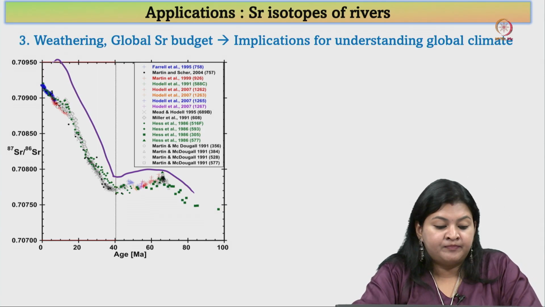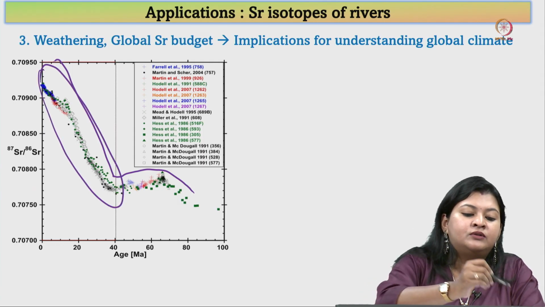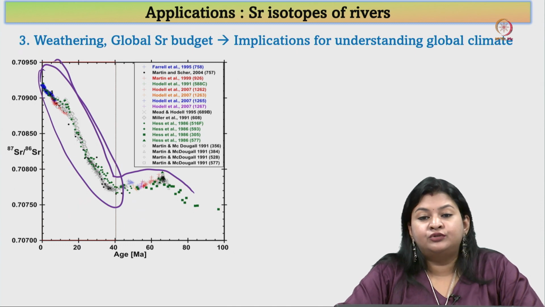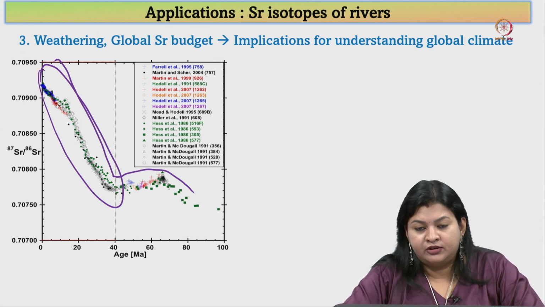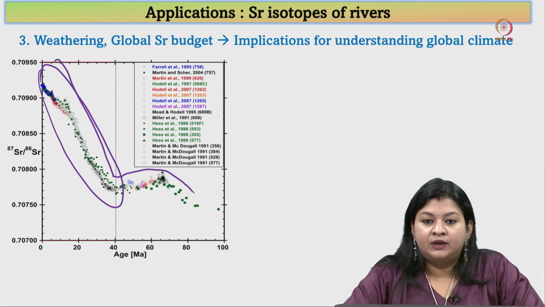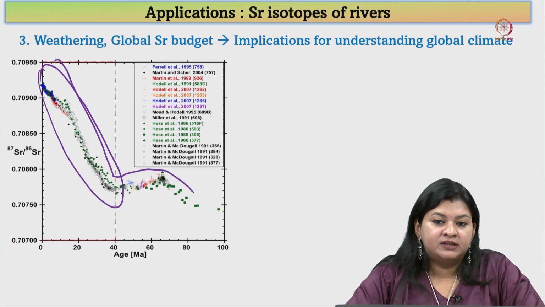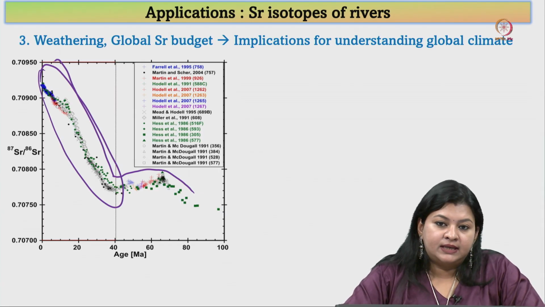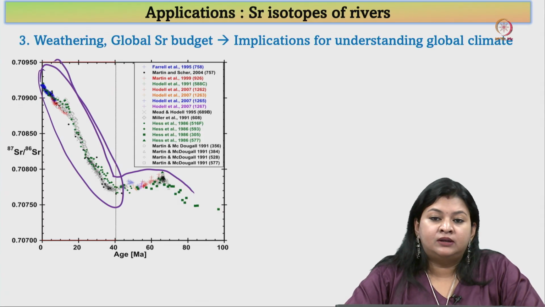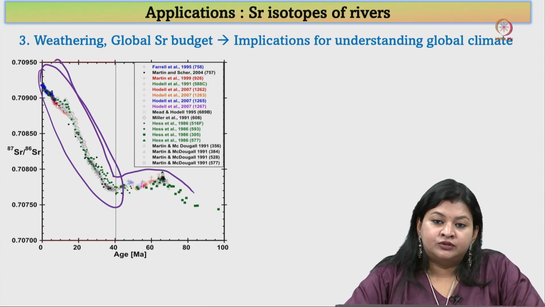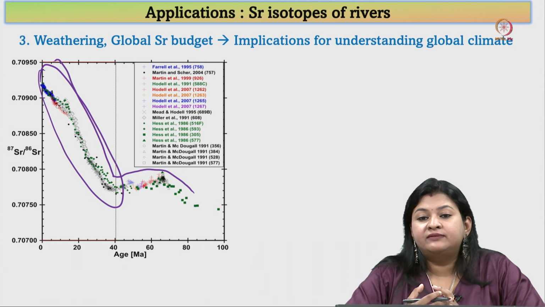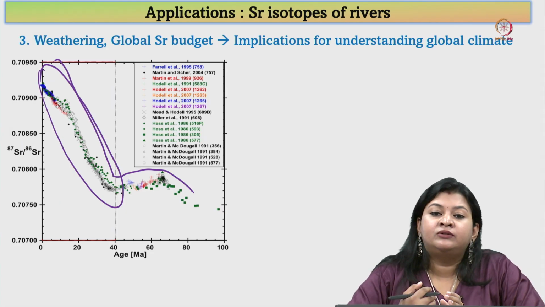Why is it moving so high? So, for the last 40 million years, strontium in the ocean is becoming steadily more radiogenic. So, why is this happening? Why is this phenomenon we are seeing? Among all the different theories that geochemists have proposed, the one standing theory that has been proven and backed with a lot of other evidence is that the weathering of the Himalayan mountains, and specifically the large rivers that drain this Himalayan region, can become important contributors to